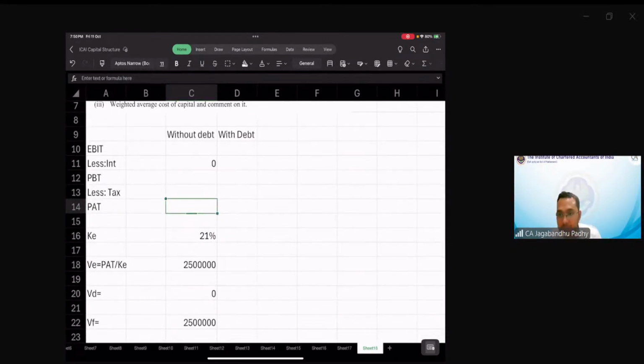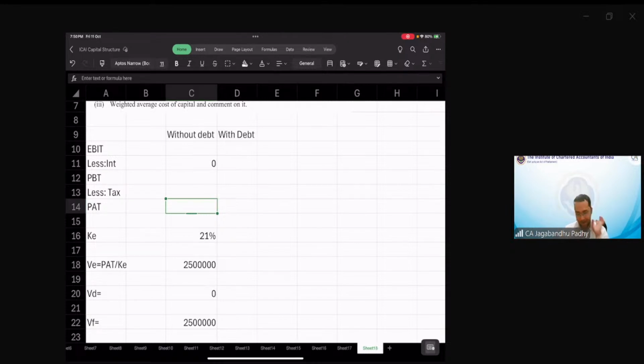Buyback is income or debt? Buyback is you are going to buy the equity shares back from your equity shareholders. So you will pay some money to your equity shareholders, get their shares back, destroy it. Right? So you will take loan and then redeem the equity shares or buy back the equity shares of the company. Yeah. So what will be the PAT?